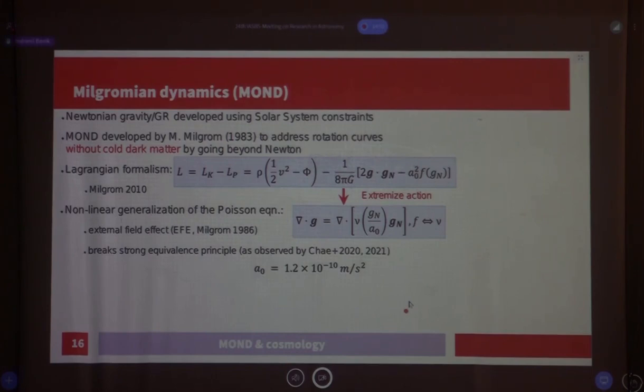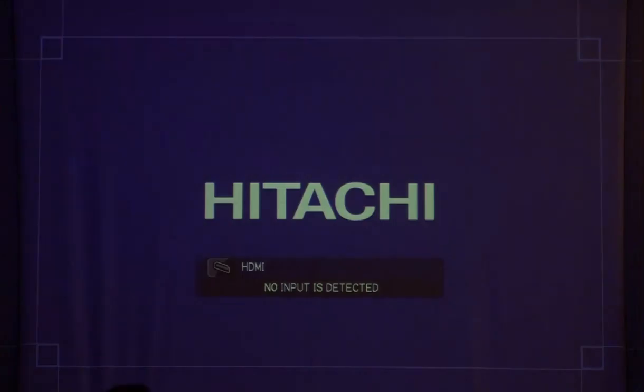This brings me on to Milgromian dynamics, which would explain the satellite plane issue fairly naturally, because then you could have the tidal dwarf scenario, but the elevated velocity dispersions are just explained as a consequence of MOND rather than of dark matter. So what exactly is MOND? That's something I'll explain a bit more on this slide.